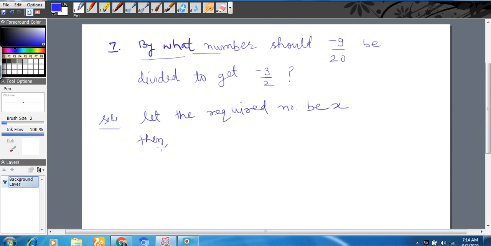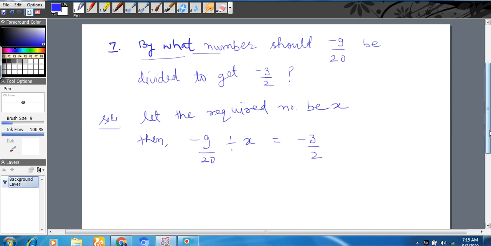So then -9/20 is divided by x. बिकॉज ये लिखा है कि by what number should -9/20 be divided, to get, means equal, the answer is 3/2. Okay,